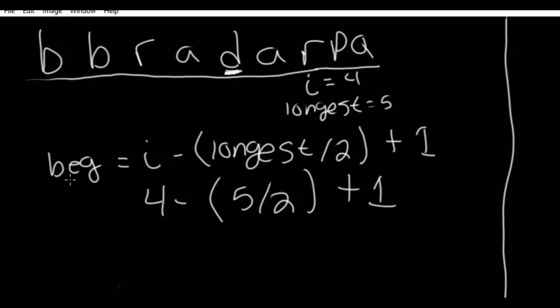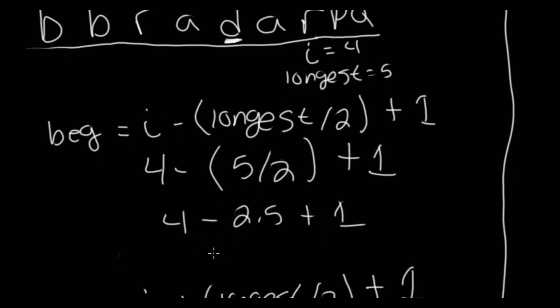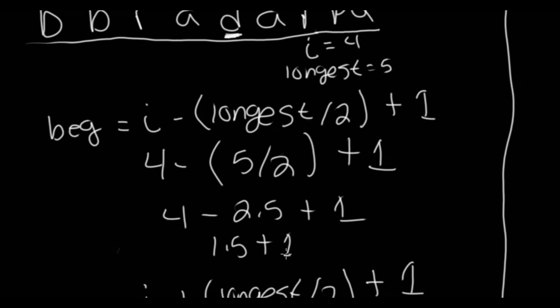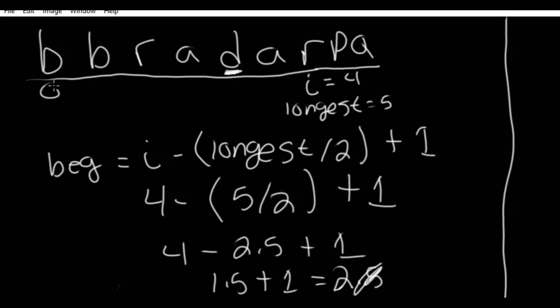Remember, beginning is just the very beginning index of our palindrome. So 5 divided by 2 is 2.5. If we do 4 minus 2.5, that'll be 1.5, plus 1, which is equal to 2.5. But as you'll see in a minute, if it is not an integer, if it is a floating point decimal number, we're going to strip off the decimal. So this is just going to be equal to 2. And if we look at the indices, this is 0, 1, 2. And beginning is in fact